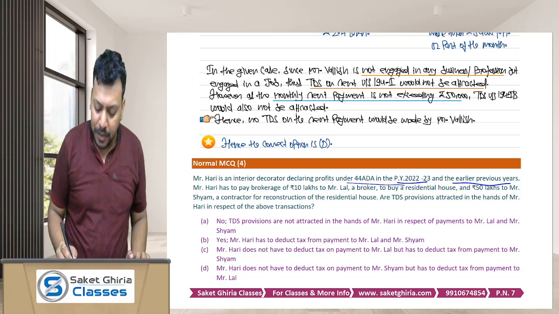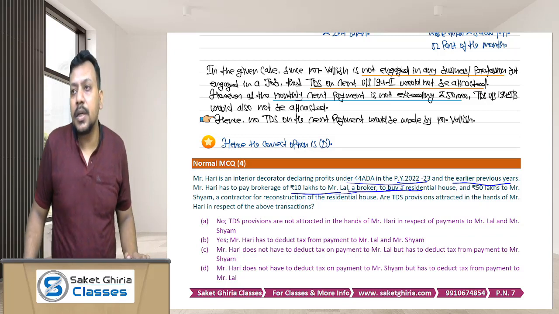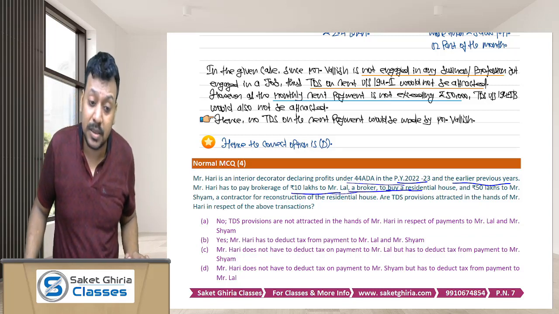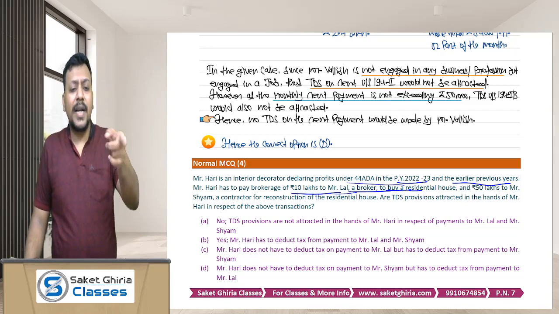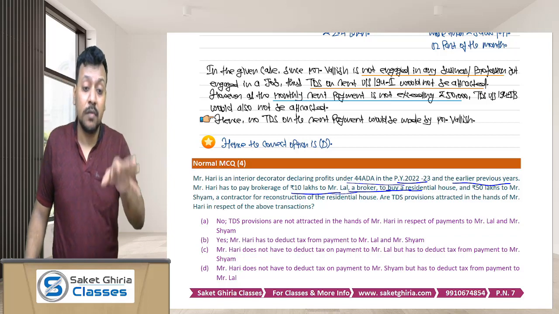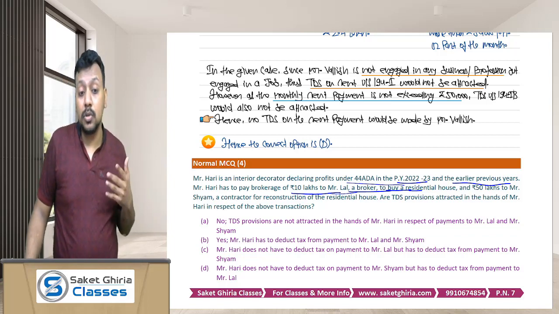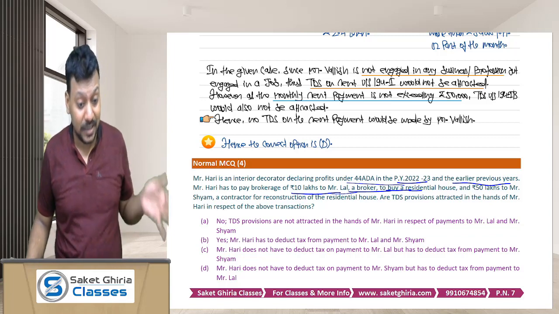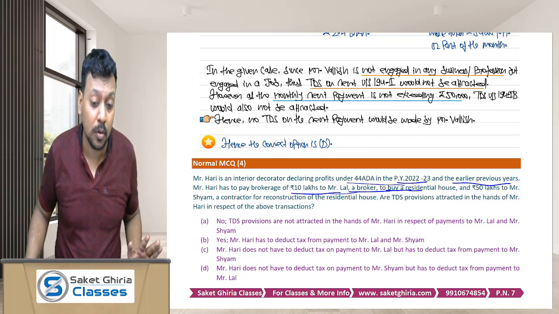Okay. Mr. Hari has to pay the brokerage of rupees 10 lakh to Mr. Lal to buy residential property. So dear friends, if you are paying brokerage, the primary TDS section is 194H. Okay. But for the individual or HUF, 194H is attracted if in the preceding previous year your gross receipt from profession exceeds